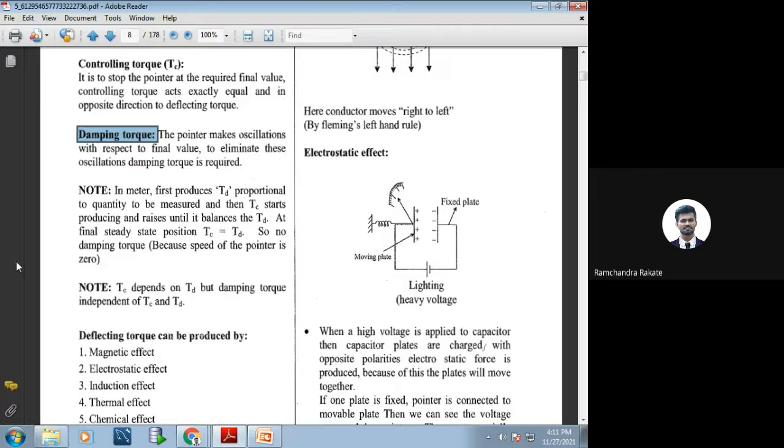Let us see this scenario one by one. If I'm saying my instrument is under damped, it means your pointer will oscillate about the final position. If I say over damped, it means the pointer will be slow. Such types of arrangement they have given. But now the question is how to avoid this. What we have seen is that we can eliminate this oscillation by using damping torque. But likewise in controlling torque, where we have certain mechanisms, that is spring control and gravity control, in damping torque also we have